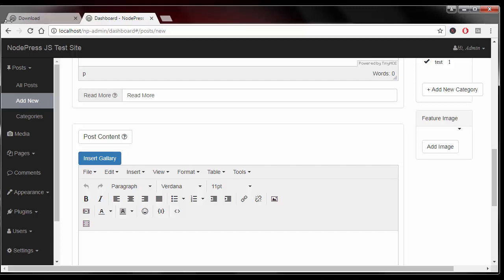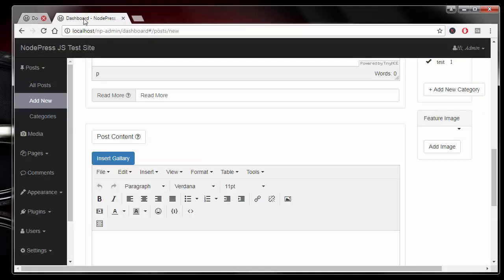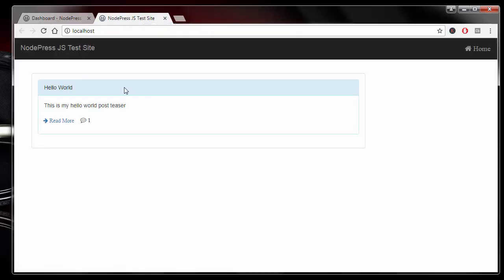And before I do that, I'll close this out. And if you want to look at what the front end side of the website currently looks like, you simply click on your site name. In this case it is NodePress JS test site. On the logo top left hand side, you just click. It will navigate to your current site the way it is. And then there it is. Right now it just says hello world. If you click on read more,